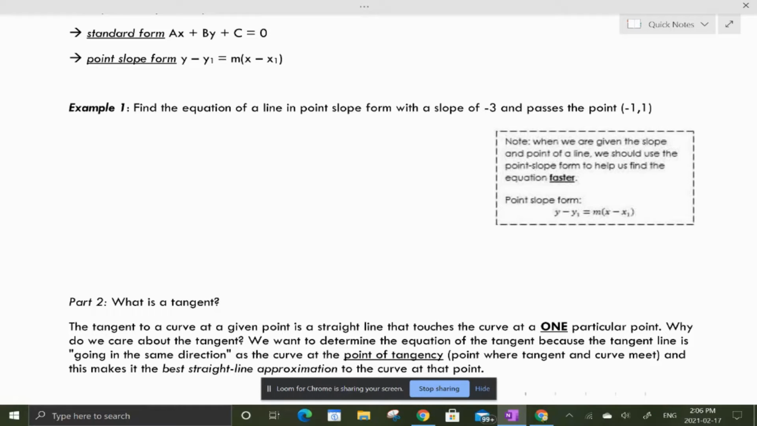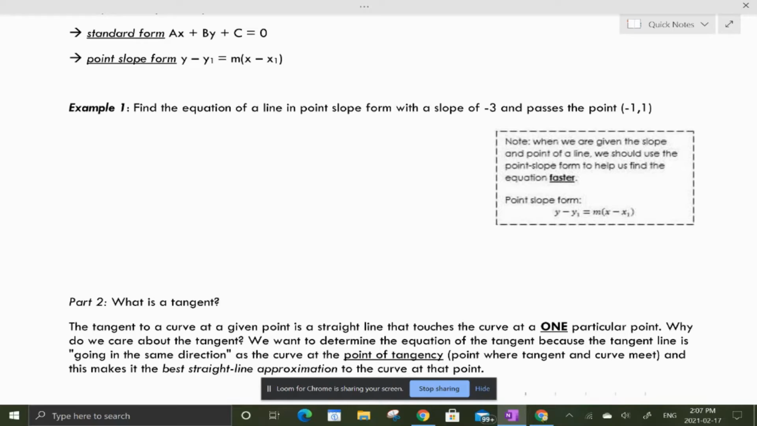In our first example, it says find the equation of a line in point-slope form with a slope of -3 and passes through the point (-1, 1). Now back in grade 9 and 10 and potentially in grade 11, if I asked you to figure out the equation of a line and you knew the slope and you knew a point on the line, most of you would plug it into the slope-intercept form and then solve for your b value. What I'm going to show you now is a quicker way to figure out the equation of a line using